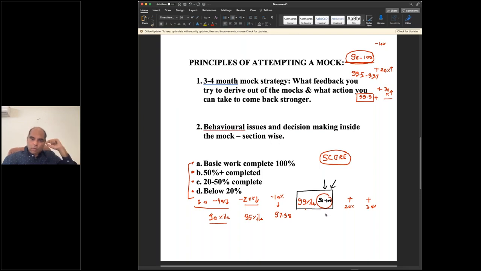So when you are trying to plan your mocks, you have to plan your score targets. Once you define your score target, what score am I targeting? Am I targeting 90 to 100? Am I targeting 110 to 120? Am I targeting 130, 125 plus? Once you decide these numbers, your focus then shifts into how you want to break this into the 3 sections. How you want to break this into quants, DILR,